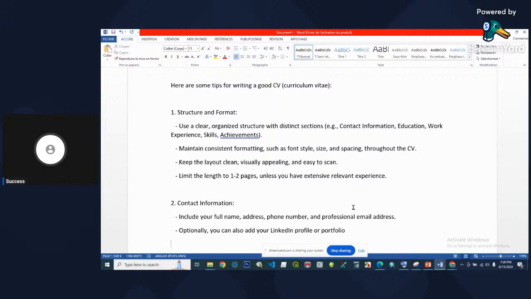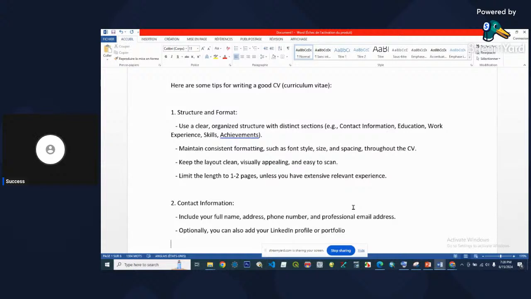You check your formatting. Are you using the same font size throughout? Let's say your headings should have the same font size, and your explanations or short bullet points should have the same font size, right? Your font style should be unique. It's not good to mix. Your font spacing should be ideal. Those are things that you need to check.